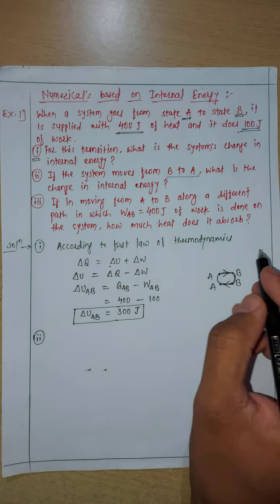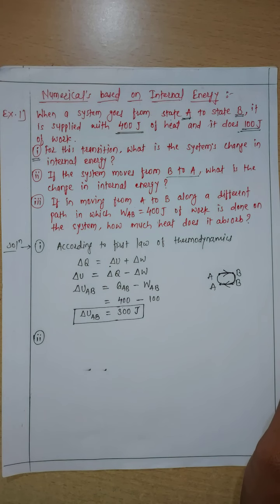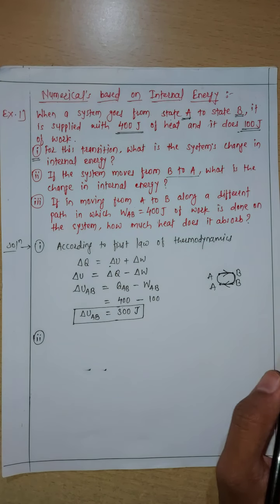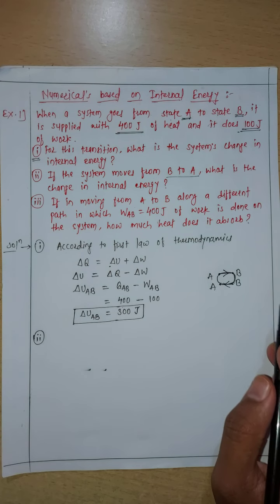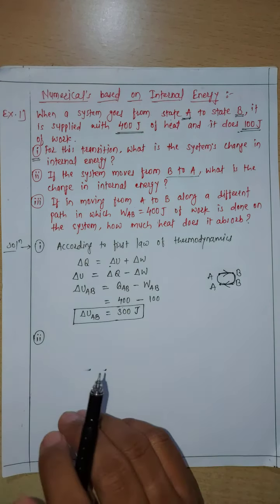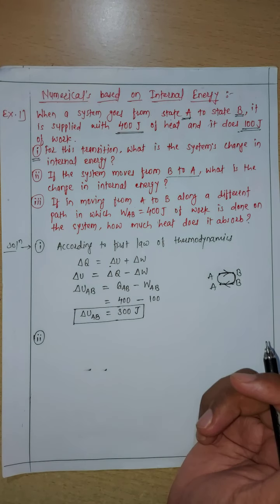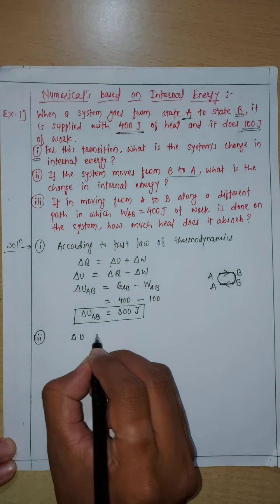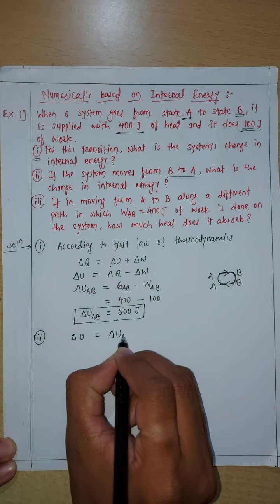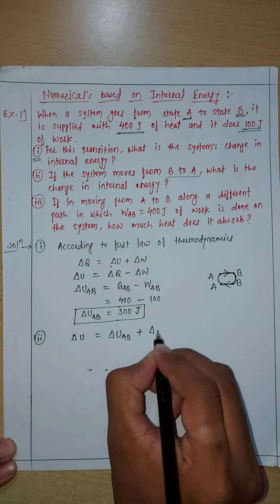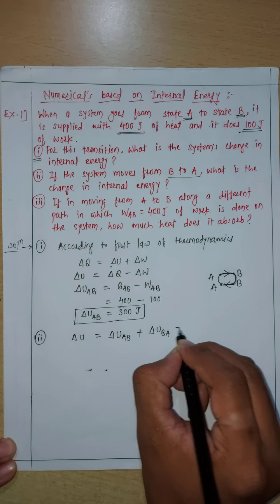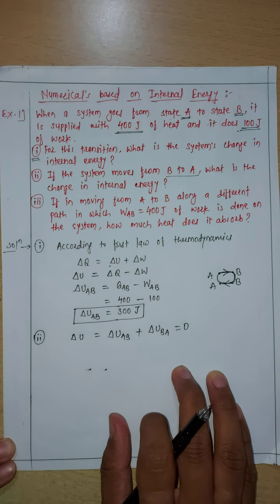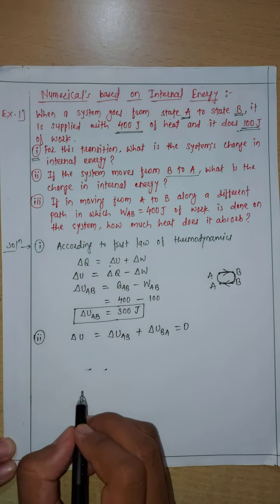In the last lecture we have seen that internal energy is a state function. Internal energy is a state function, meaning it starts from the initial position and goes to the final position. So we are going to calculate the change in internal energy, by taking the difference between the final and initial position. Okay, so we have the general formula, delta U equals delta UAB plus delta UBA, and that must be equal to 0. This is for a closed path. Okay, so delta U is 0 for the closed path.